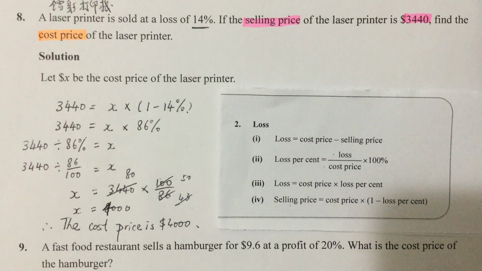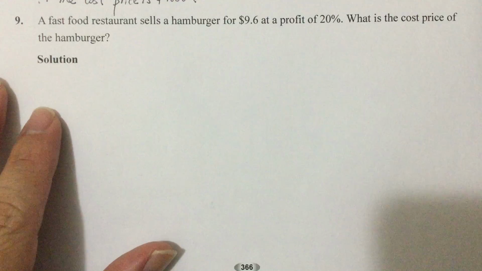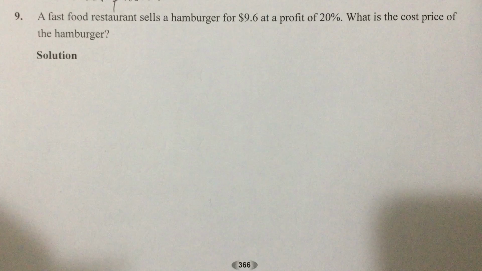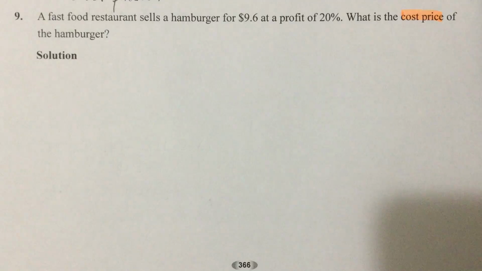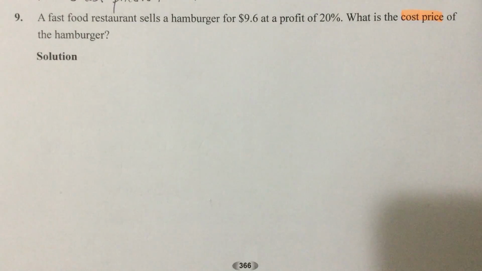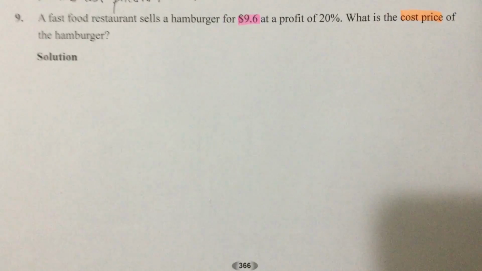Okay, last but not least, we will go to question 9. Okay, this time, question 9. This is the last one. A fast food restaurant sells a hamburger for 9.6 at a profit of 20%. This time, once again, we're going to find the cost price. What's the cost price? So sells a hamburger for 9.6. So this 9.6, once again, is the selling price